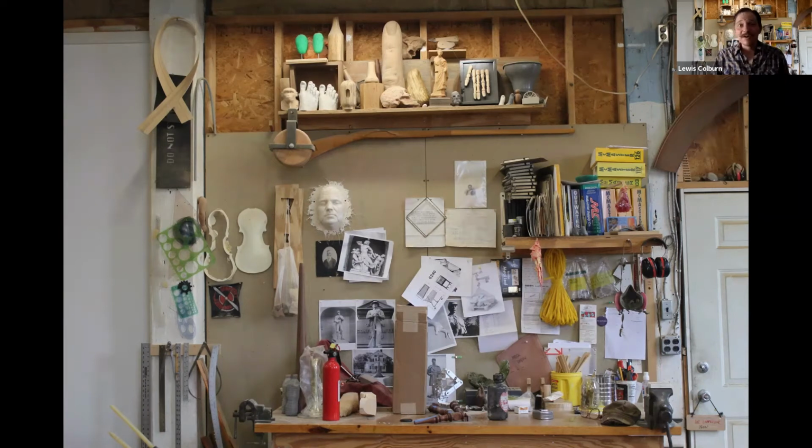I'm not exhibiting work actively, which is all well and good, and nothing to complain about at all, but it means that the work has turned more internally towards things I'm working on in the studio, things I'm thinking about from what I'm seeing in the world. A lot of the work previously is very much about how we construct historical narratives. So creating a replica of an object, and I'll show you some older pieces later on in the talk, and thinking about how creating the replica changes its meaning and maybe blurs its history or the narratives that it helps to create. Whereas the things I'm making now are